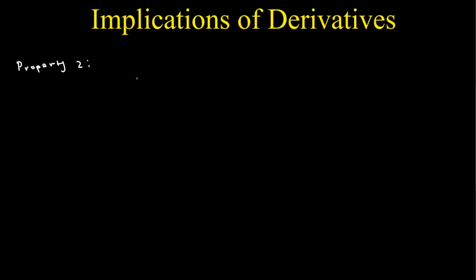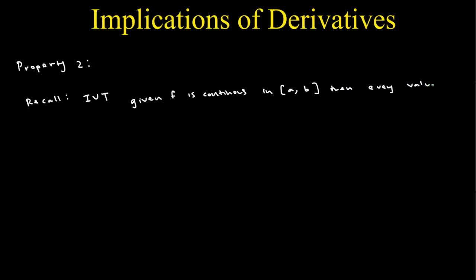So first let's just recall the IVT, the intermediate value theorem, stated that if we know a function is continuous, like given f is continuous in the interval a to b, right? Then every value between f of a and f of b